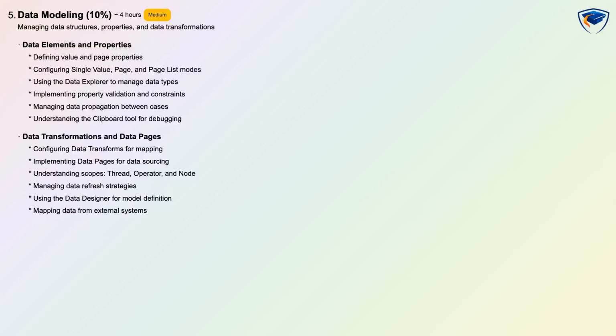Data modeling accounts for 10%, is medium difficulty, and suggests around 4 hours of study with hands-on and conceptual tasks. You will work with data elements and properties, defining value and page properties and configuring single value, page, and page list modes. Practice using the Data Explorer, implementing property validation and constraints, managing data propagation between cases, and using the